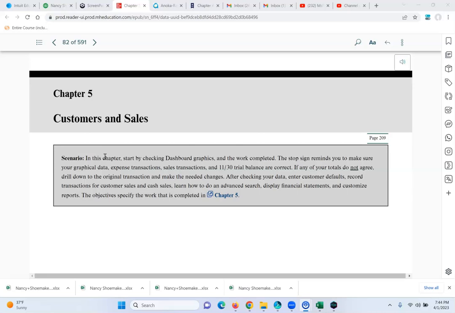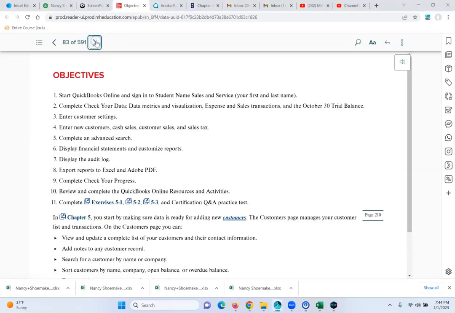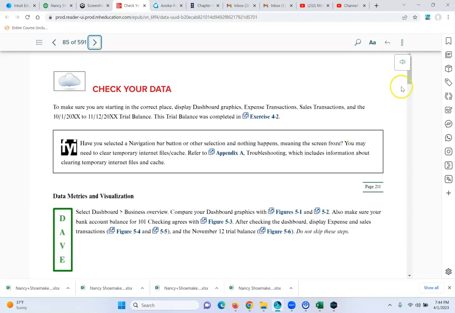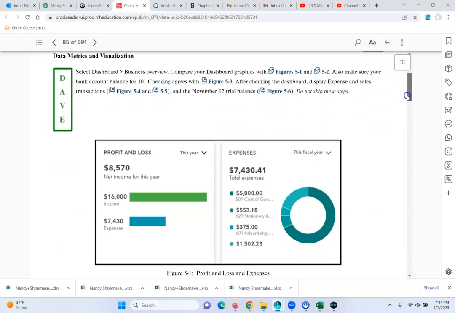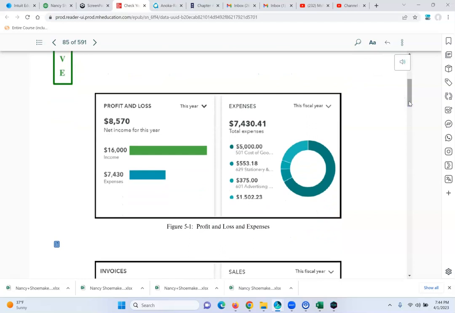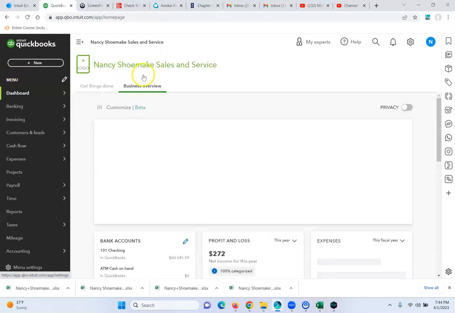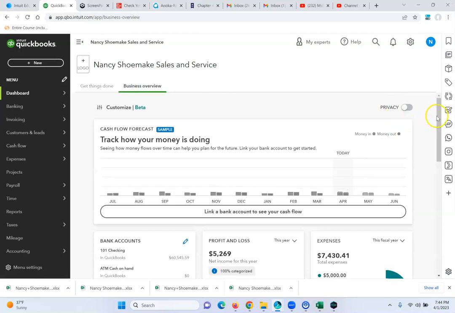So we are going to begin this Chapter 5 by making sure that our figures are in line with all the homework and the exercises that we had to complete in Chapter 4. So in starting with this chapter, we'll take a look at the business overview,